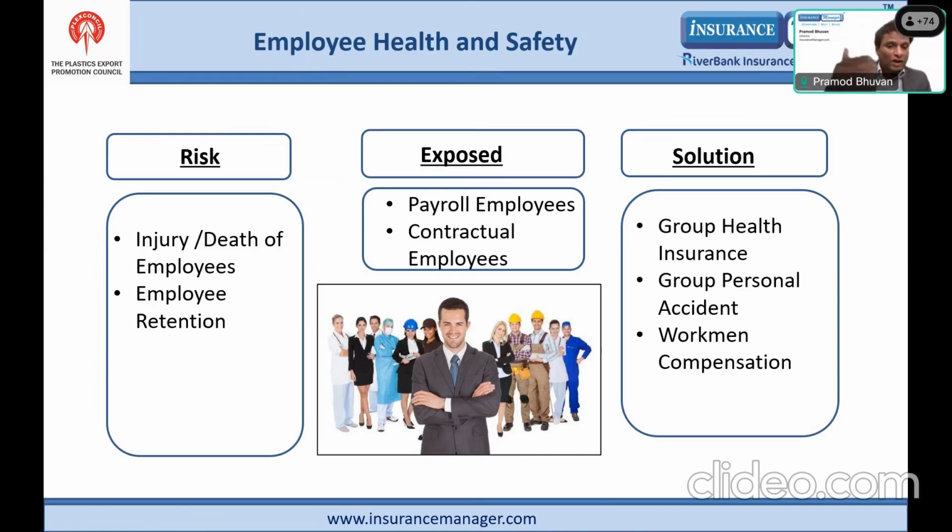So after COVID, the Ministry of Home Affairs had issued a circular for workers to come back, saying that for them you can also take an unnamed policy, health insurance for contractual workers. And this can be customized to any extent, what kind of sum insured, what kind of family benefits you wish to have. So again, a very important aspect when you do risk management, because it is the plant and the people who will take you to the next level, is what I feel. And of course, people are very relevant in this process. So employee benefits insurance will help you here.